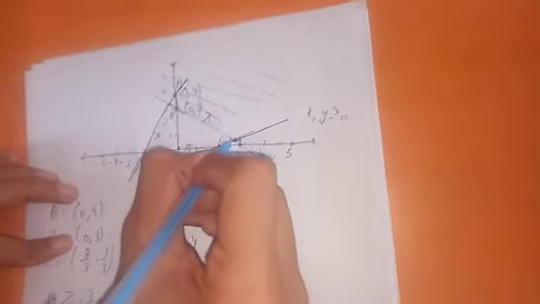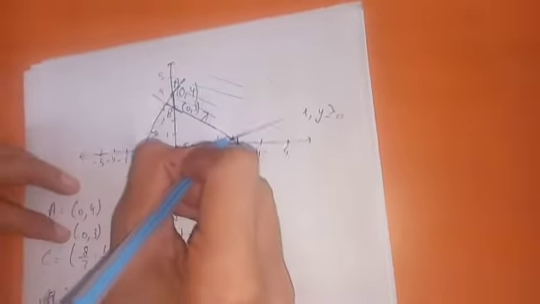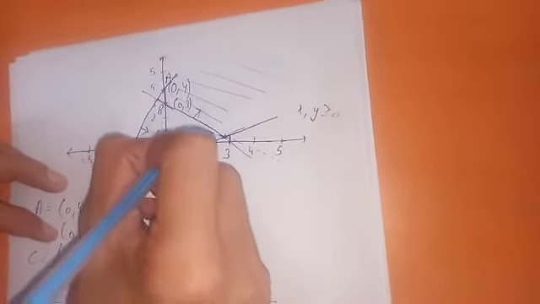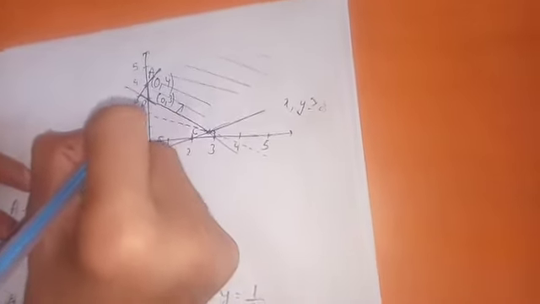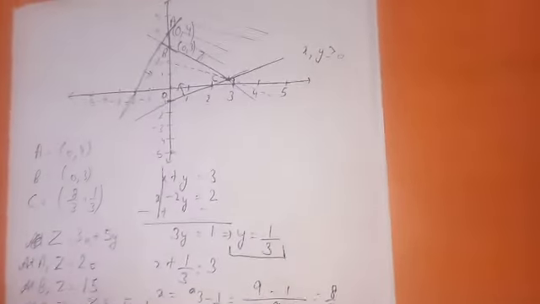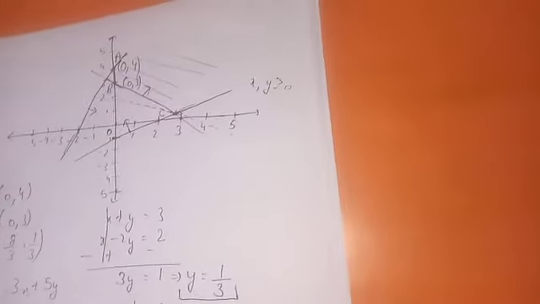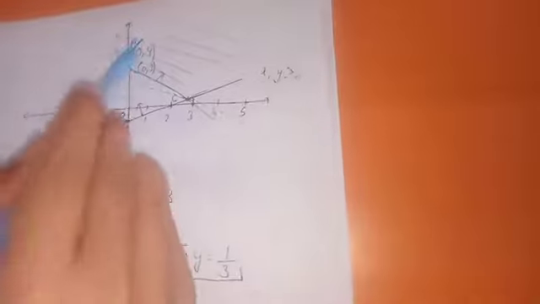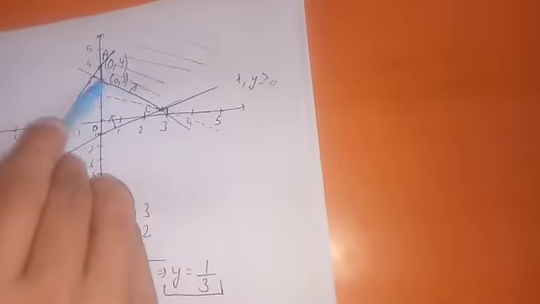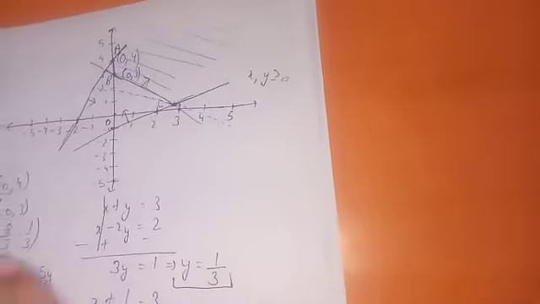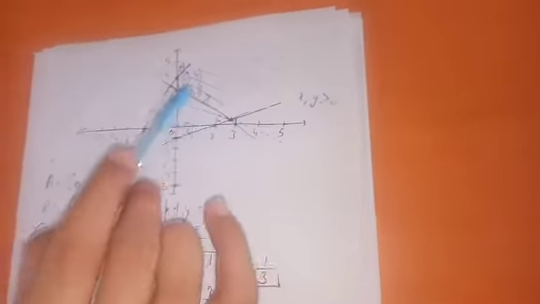Okay, like you have studied in previous class that if the equality sign is there, then we will draw a straight line, otherwise it will be dotted. Okay, and we will find that for no value of x and y in this feasible region is this, that means the value of x and y must lie from here.